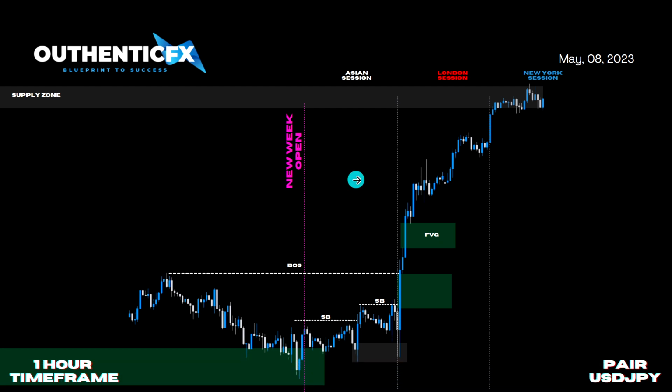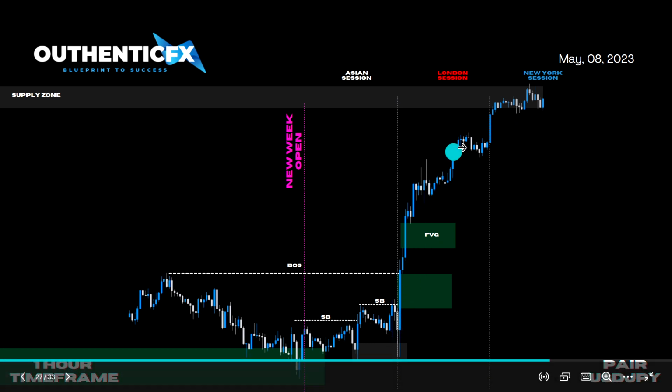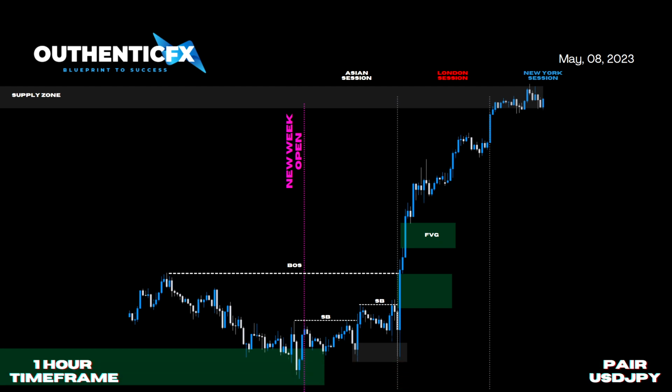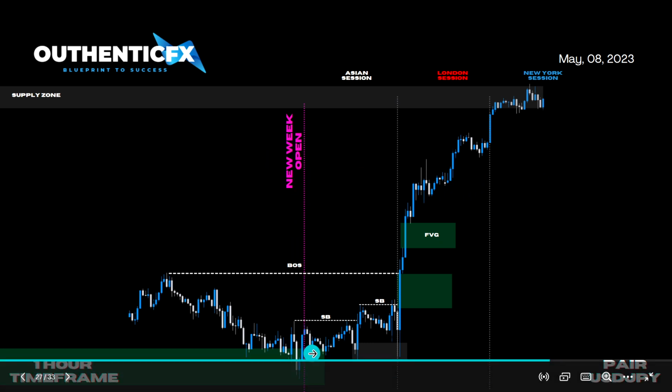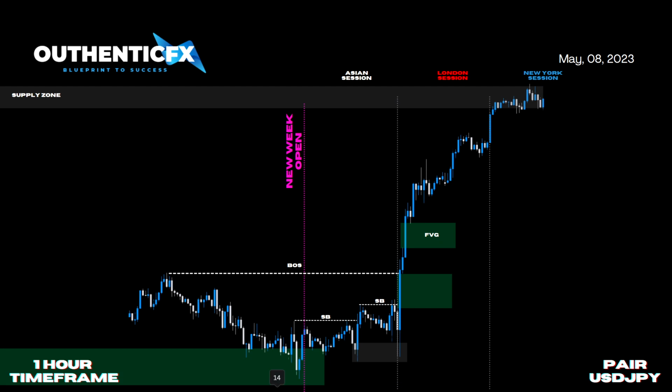The aim of this whole process right now, since we are in our supply zone, is to figure out how we can trade the New York session. How can we catch this New York session trade if we missed the London session trade? As you can see, guys, at the bottom, we started off at our fair value gap, which is here on our New York open. So from here, we have price creating a sub break of structure,